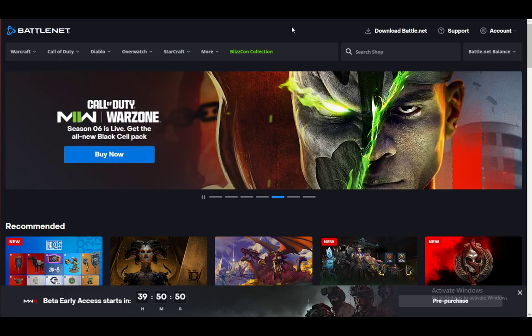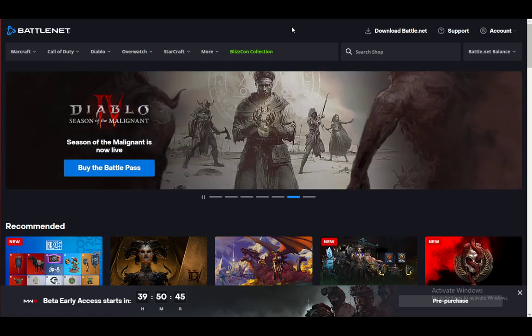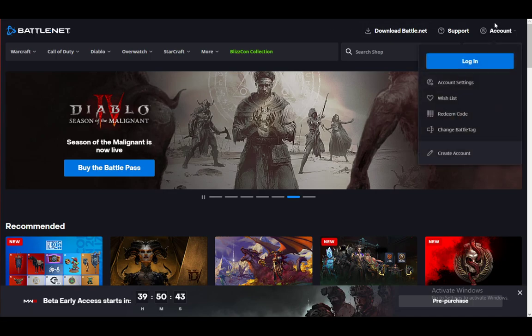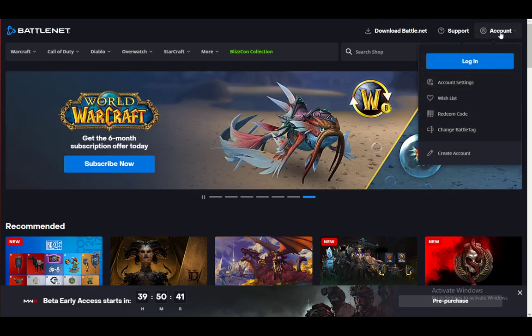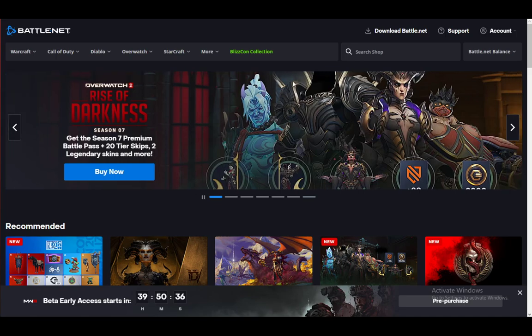So let's get right into it. To actually recover your account, as you can see, I am not currently logged into battle.net. If I hover over the account tab, you will see I'm not logged in. What we want to do is just click on login, and you will be taken to the login screen,